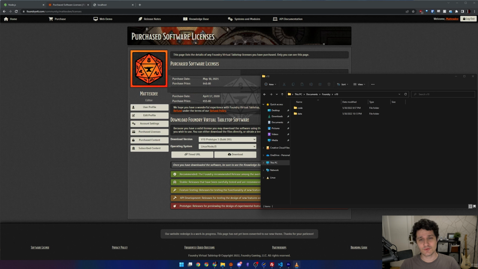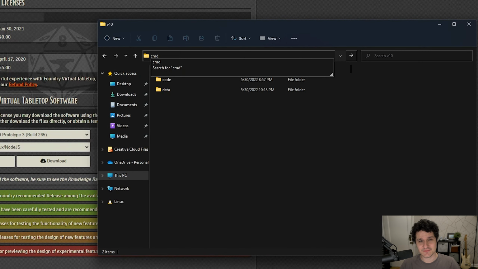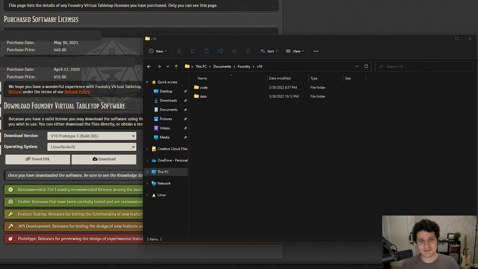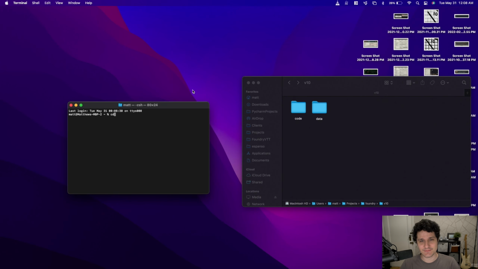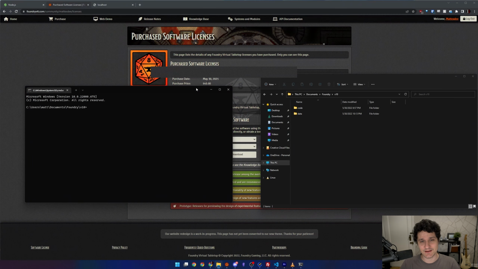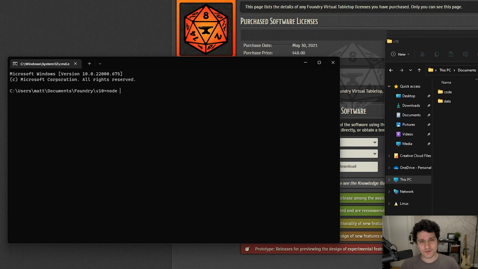People on Windows 10 or 11 can click into the path at the top of File Explorer and type cmd to open a command prompt in this directory, and Mac users can open a terminal, type cd with a space after it, and drag the folder name at the bottom of Finder into the terminal and press Enter to get to the same place. Now that everybody is on the same page, just enter node space